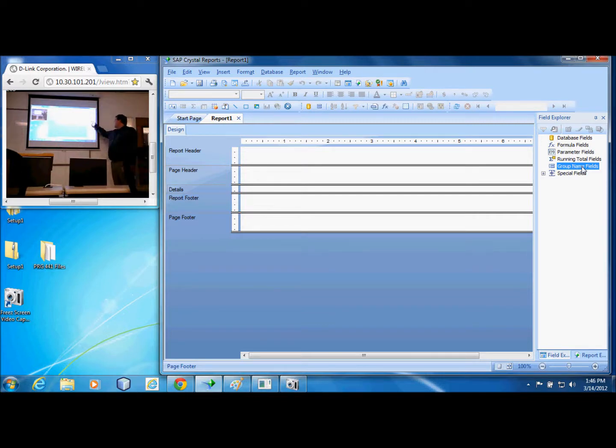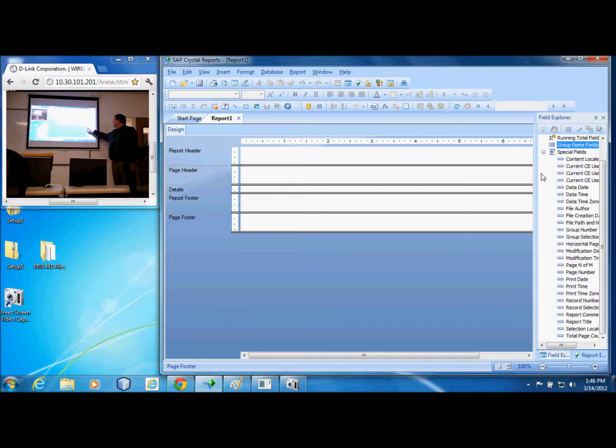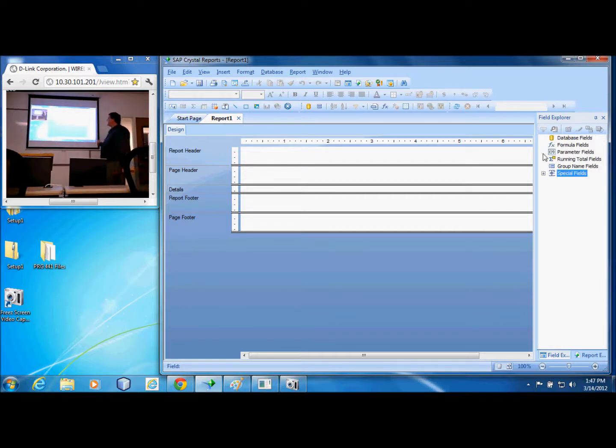And then we can add special fields. There's special fields in here. We expand that. There's a lot of them. Things like who created the file, adding the date and time, page numbers, print date, print time, the report title. We're going to work on all these so that you can learn how to utilize those fields to make life a little bit easier for you. That is a quick introduction to Crystal Reports 2011. During the discussion throughout this course, you'll become very familiar with